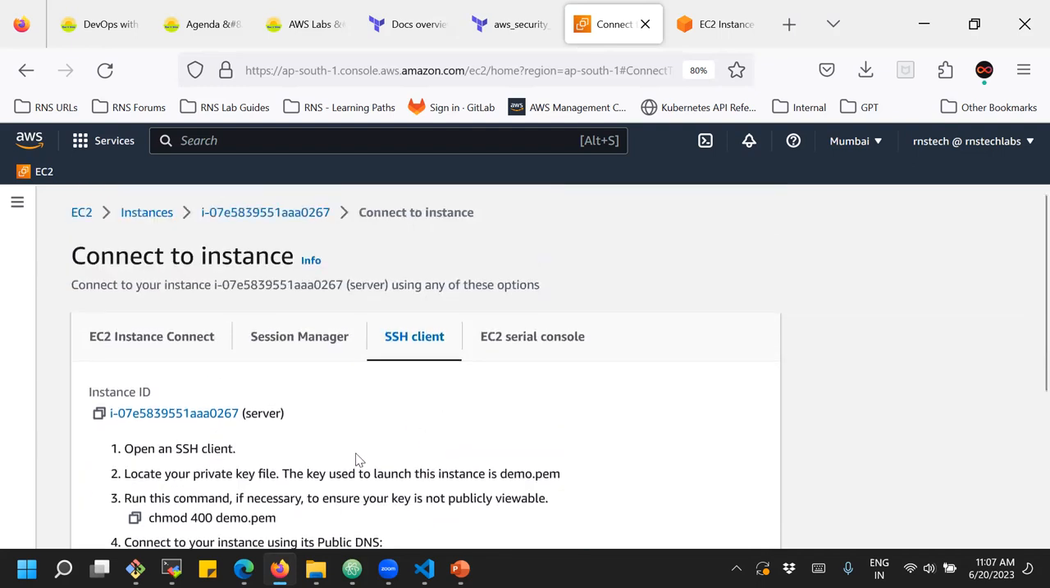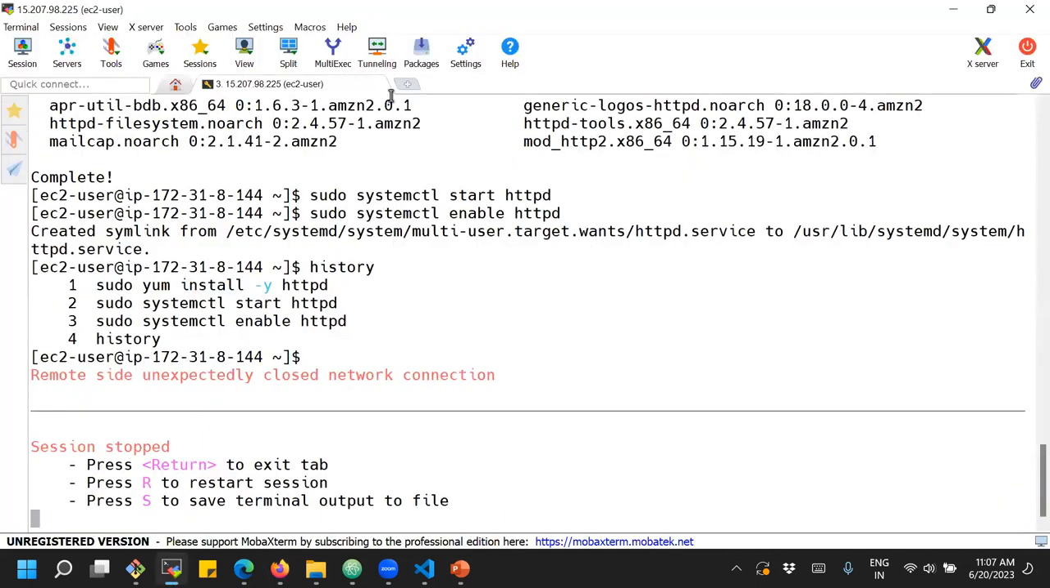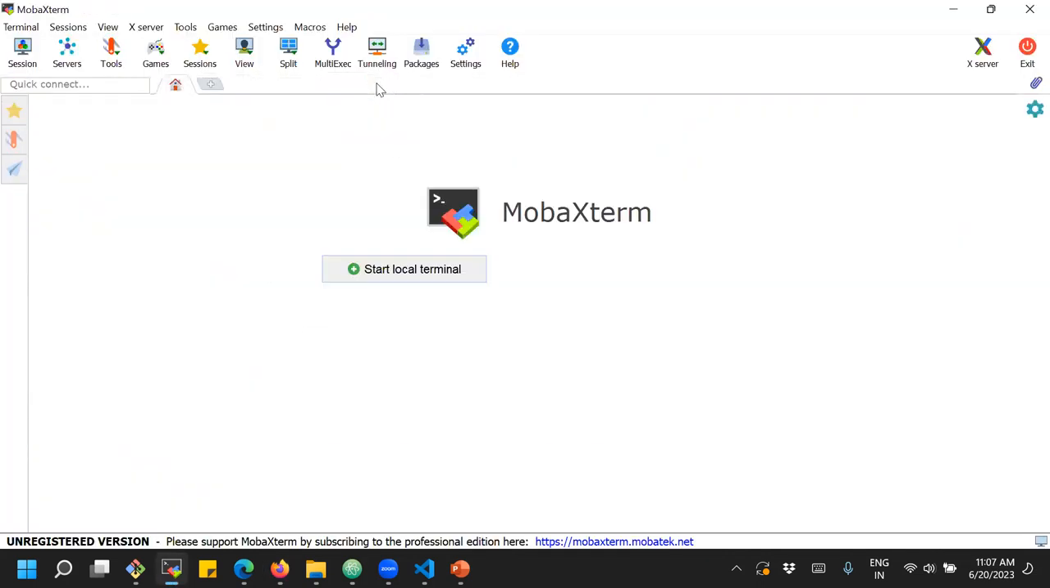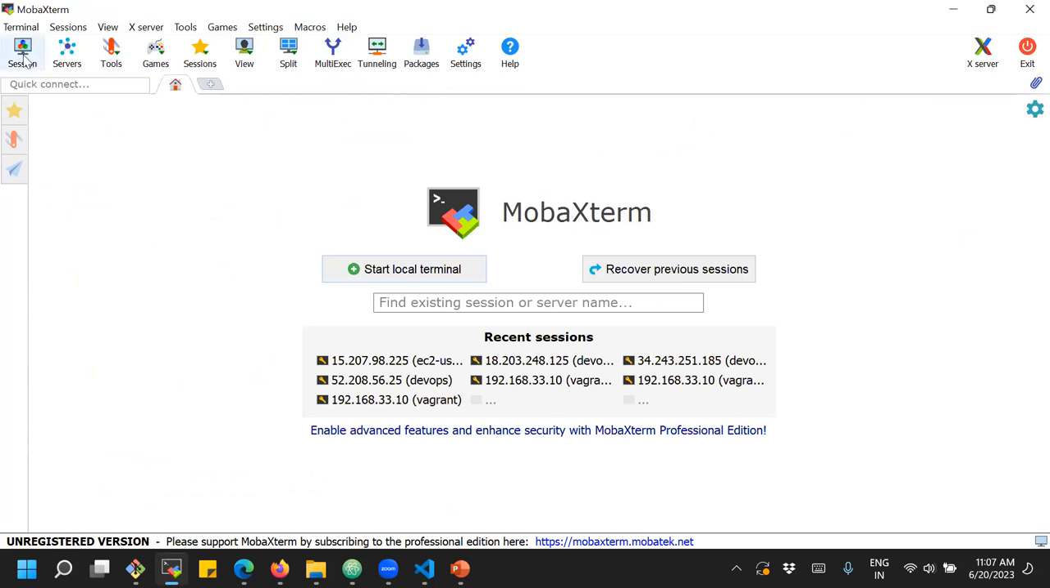So now let's go to MobaXterm and we'll try to use it. I'm going to use MobaXterm. Even for Vagrant also we are using MobaXterm, right? The same way I'm going to try to connect to the